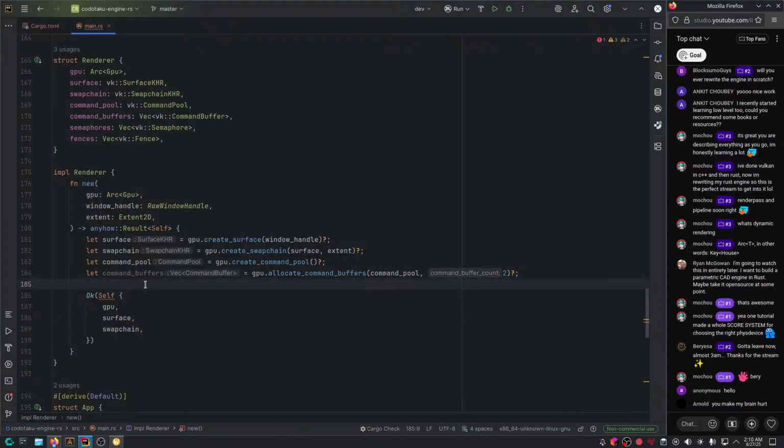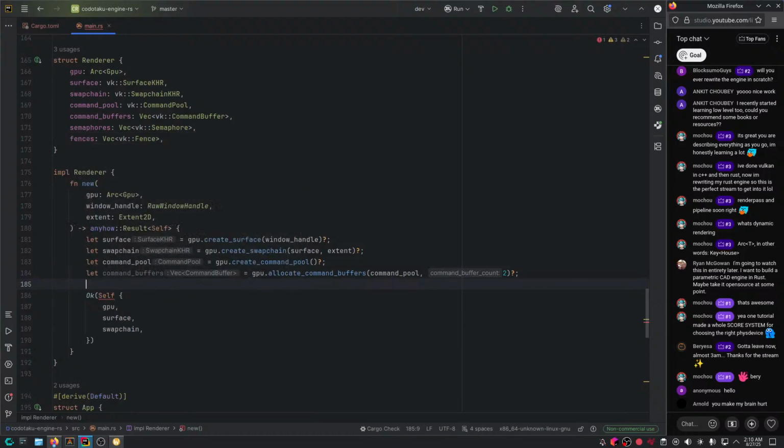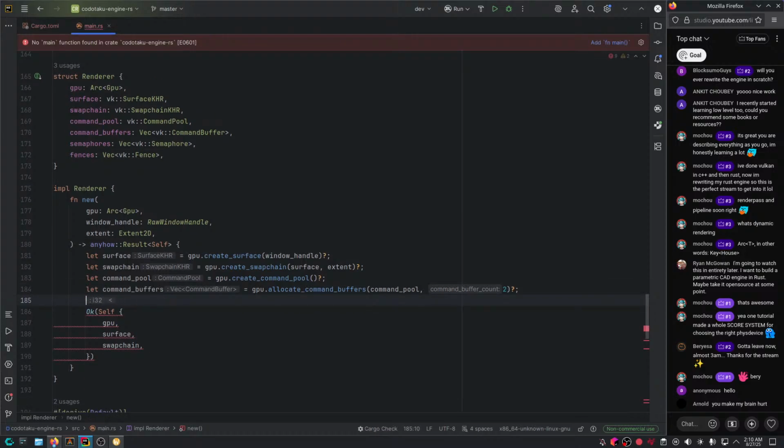Alright, so that's pretty much it. Now let's actually make some semaphores and fences. So how do you do for loops in Rust again? Good question. Oh yeah, I just remembered my iterator stuff.